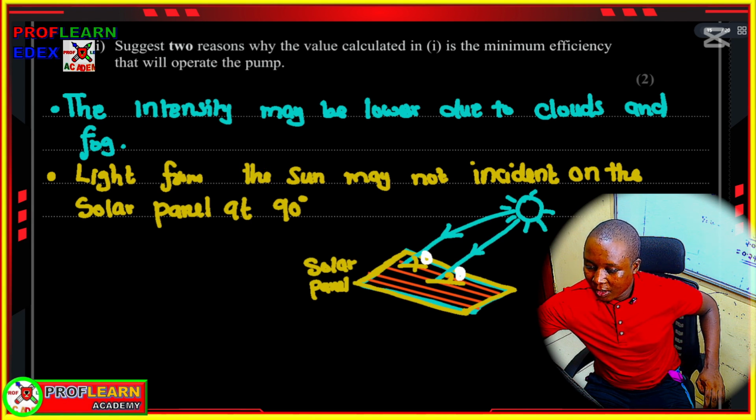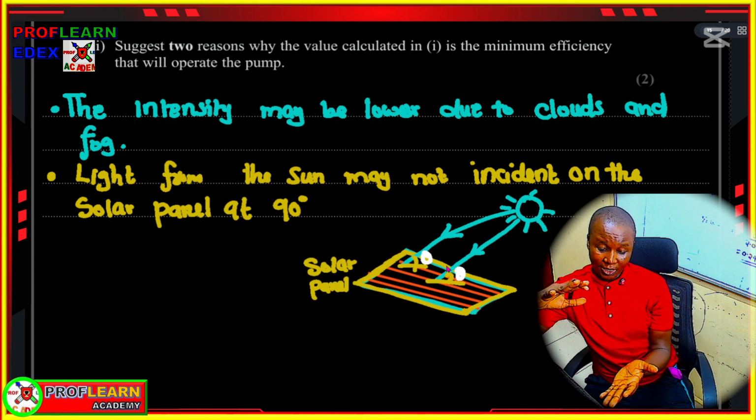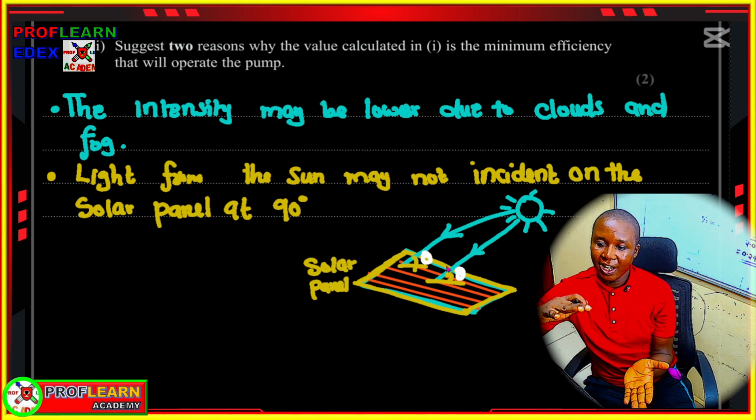So something that we need to understand there is that some rays from the sun may not be incident at 90 degrees. Remember, when the rays are at 90 degrees, that's when we have maximum power supplied by them, or maximum